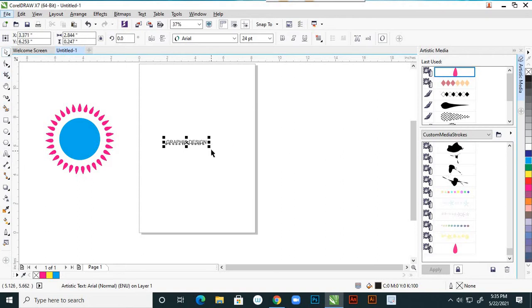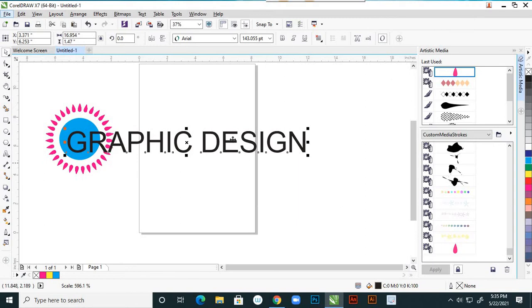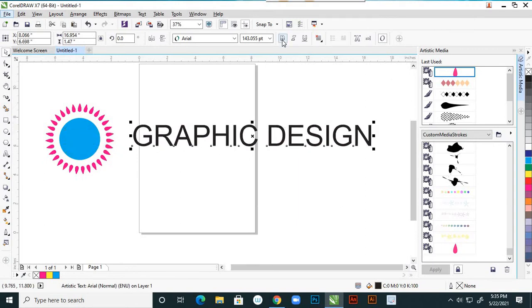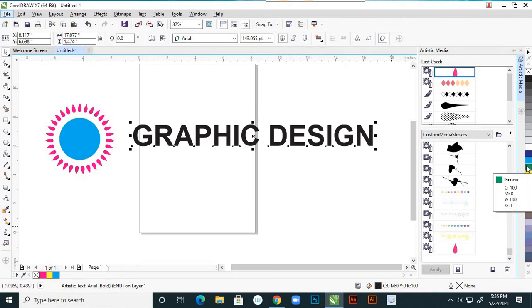So this is my text, make it a bit bigger, and I want it thick, the bold one. And here I want to apply a different color. Suppose I want to apply green. So this is green, and suppose we have to apply this to the graphic design.